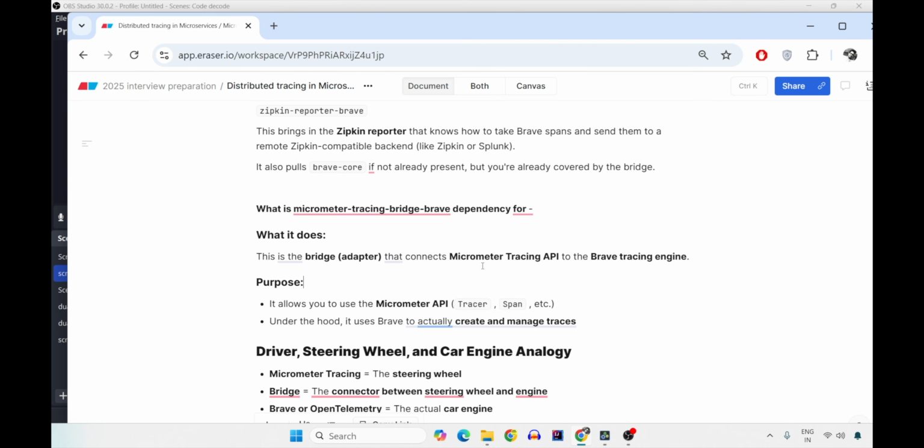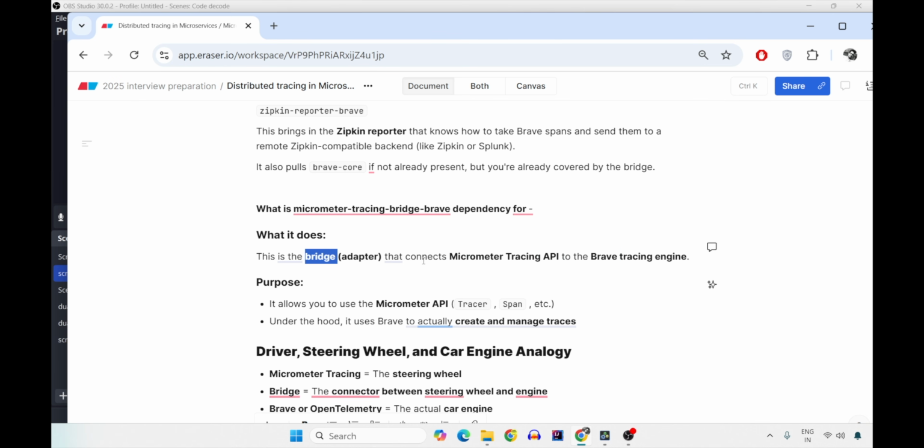What you internally have is the Micrometer Tracing API. And what you need in between is an adapter. For example, this is your mobile phone, and this Micrometer Tracing API is your power plug or your switchboard. And you need a mobile adapter to be able to charge your phone using your power socket. So that's the bridge.